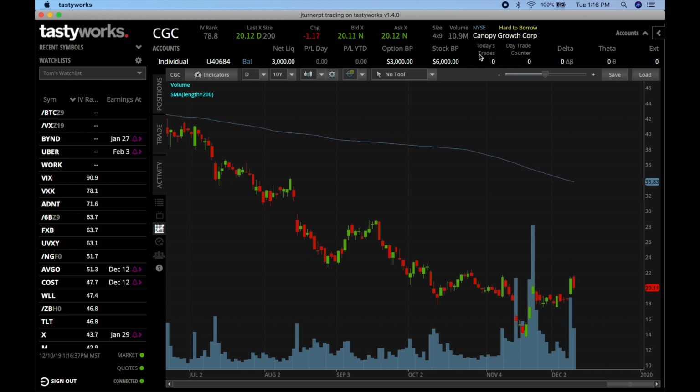This is a stock I've been watching for a while, and one of the reasons that I'm really liking it is because of this IV rank. TastyWorks does an amazing job of keeping you very aware of the IV rank, and 78% is very high. Anything above 50 is amazing, and so this is putting this one in play. What this means is if the IV rank is really high, that means premium is going to be really good. Now this is only a $20 stock, so if I come in here and I look at the trade tab,